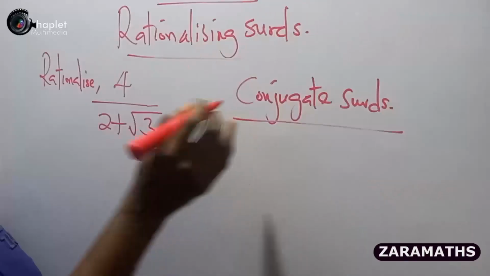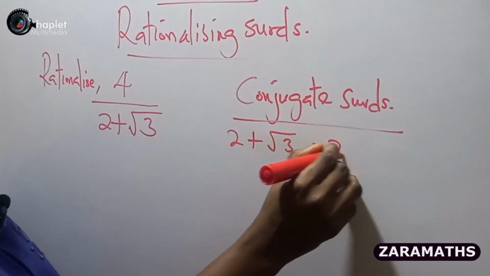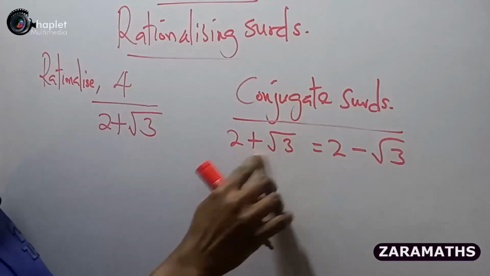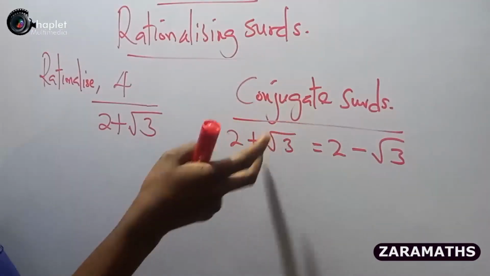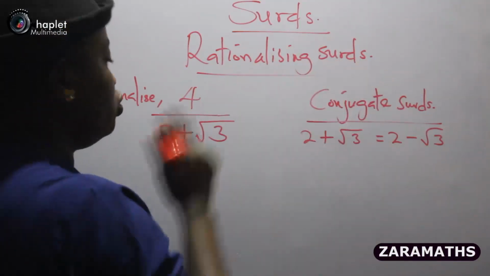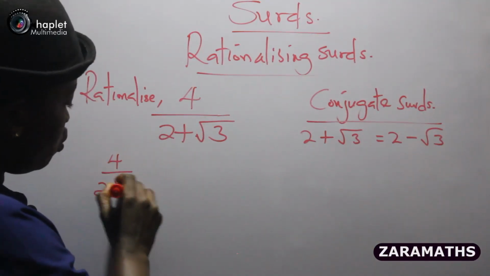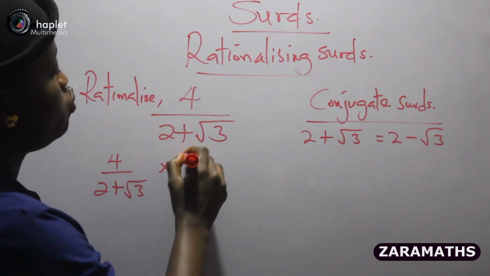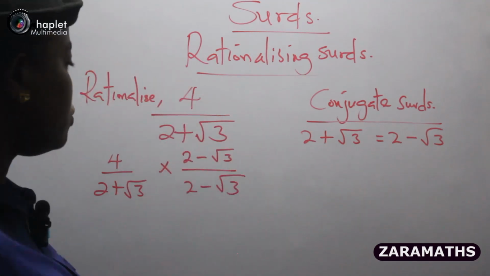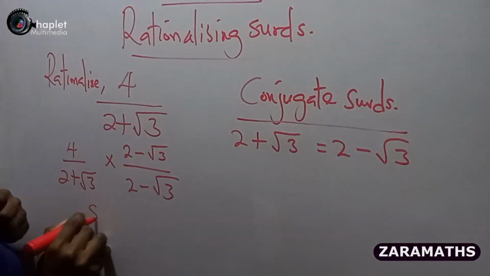In this case, the conjugate of 2 plus √3 is 2 minus √3. That is, we will be changing the sign to give us the conjugate of that surd. So we will be multiplying both the numerator and the denominator by the conjugate of the denominator. So here we have 4 over 2 plus √3 times (2 minus √3) over (2 minus √3). Now we'll multiply 4 by all of this to give us 4 times 2, 8